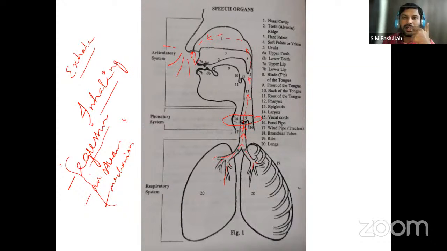There are other parts within the mouth which can manipulate or change air, make use of air before it actually goes out. You also pay attention to this fact that air not only goes through the nose, sometimes it also goes through the mouth. So, for example,